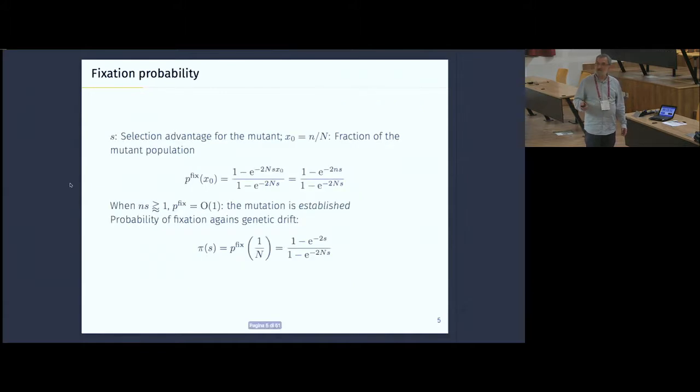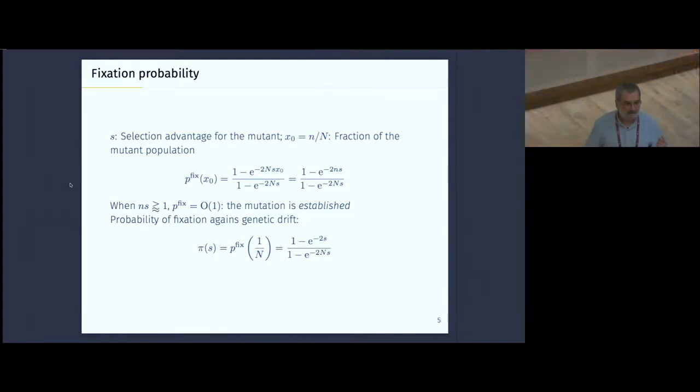which we discussed a little bit yesterday. So you have essentially three regimes. One regime is the one in which n times s is smaller than 1. Then this essentially tells you that the probability of fixation is 1 over n, as if the mutation were neutral. And this works both ways, for both advantageous and disadvantageous